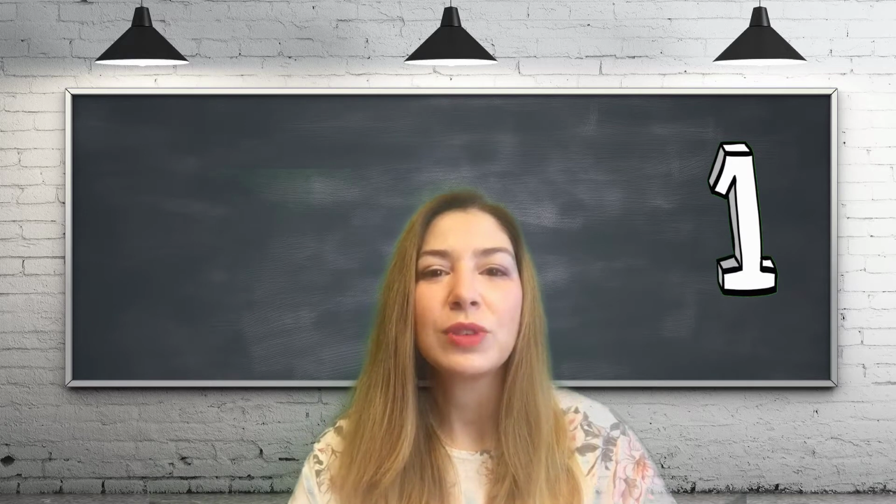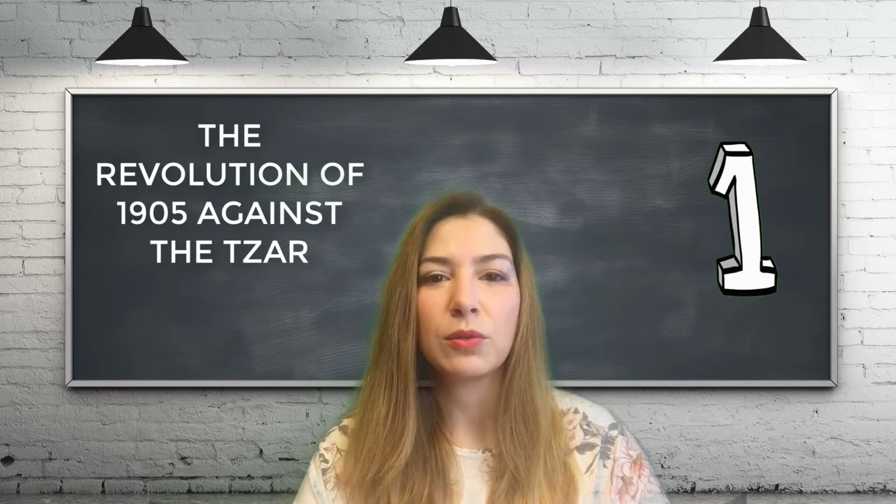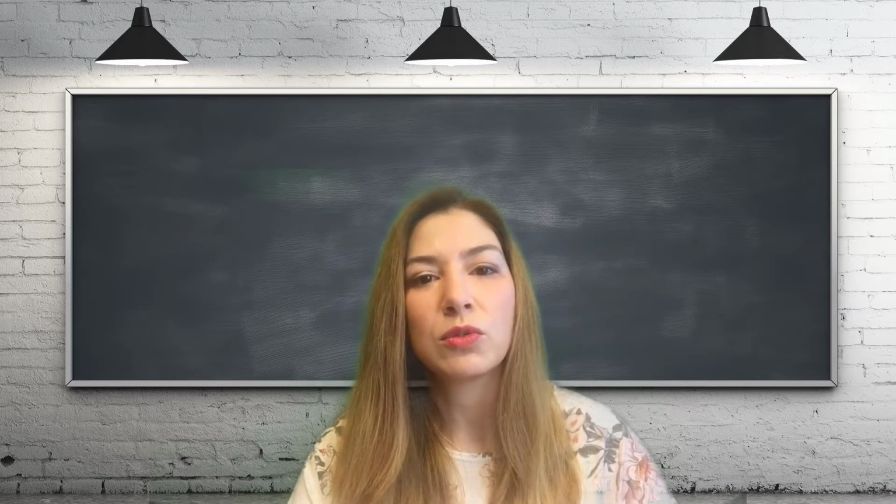At the beginning of the 20th century, the Russian Empire was an absolute monarchy ruled by Tsar Nicholas II. The base of the economy was agriculture, but they had out-of-date agricultural techniques. However, remember that Russia was one of the latecomers and the number of industrial workers increased, but they lived in